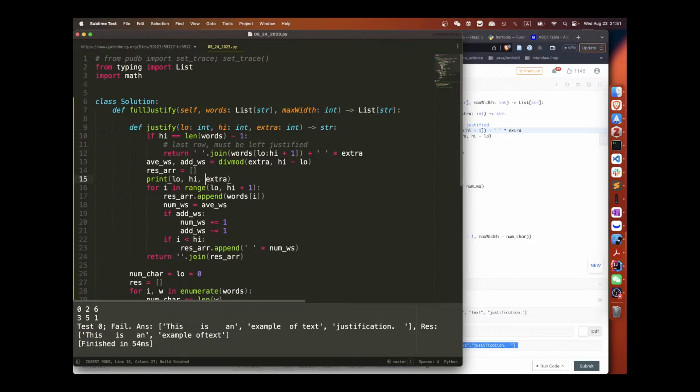So 6 divided by 2 is 3, right? So average white space. Average extra additional white space. I forgot the additional. My bad. Average additional white space. An additional white space.